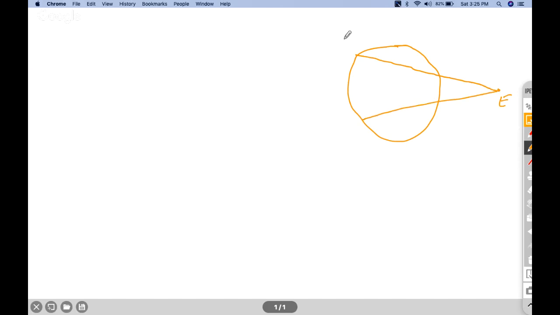And then we have points A, B, C, D. This is the center of the circle O, and I draw perpendiculars from here, which is point L, and one perpendicular from here, which is point M. And you have to prove that